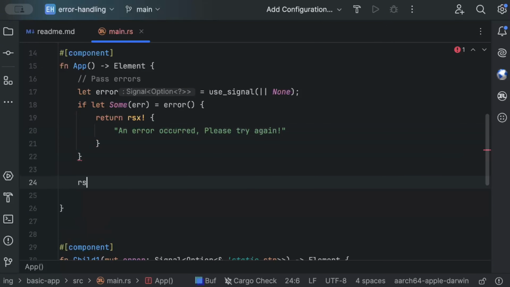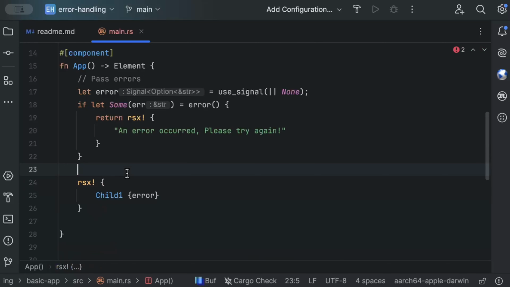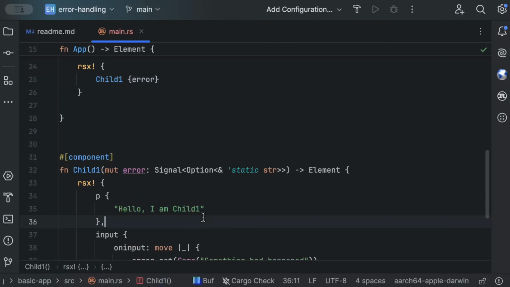So as simple as this, and then we have our rsx, and here let's say we have our child1 and we pass the error. As simple as this. So basically child renders and